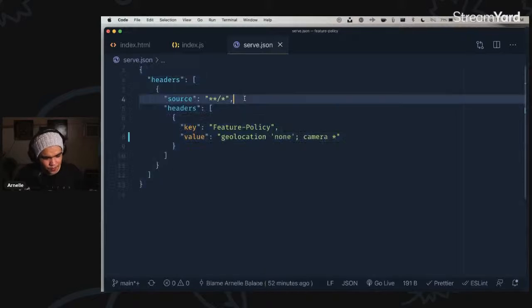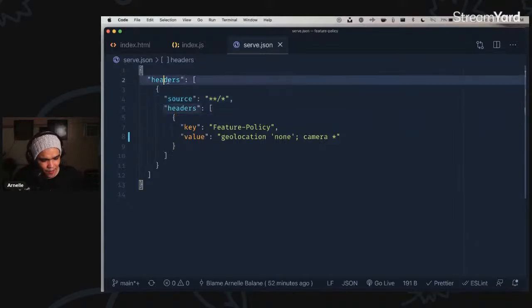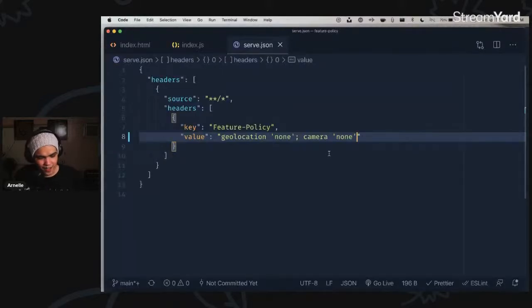This will be my config file. This is a very serve-specific config, but the idea is for all responses in all URLs, we add a header called Feature-Policy, and then we pass in our actual feature policy. So for a start, let's start disabling both APIs. So that would be